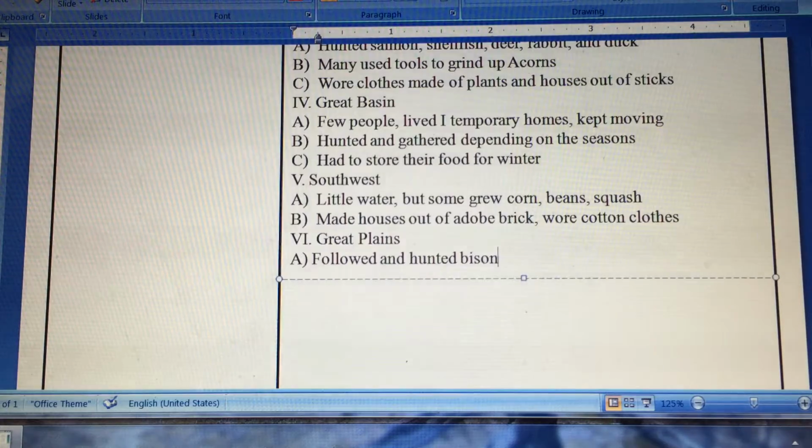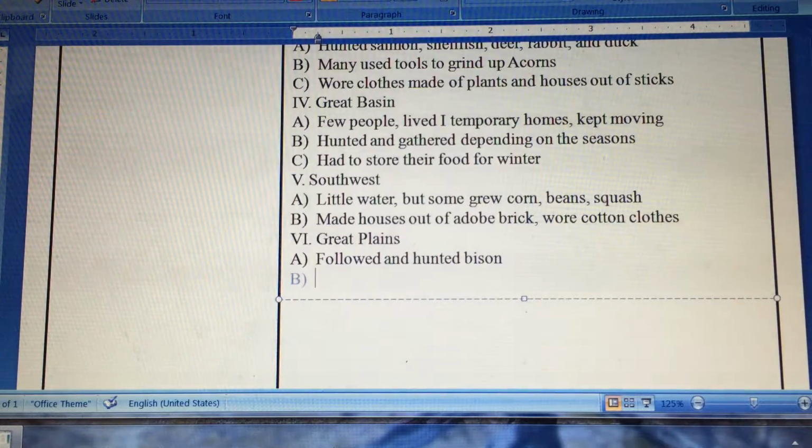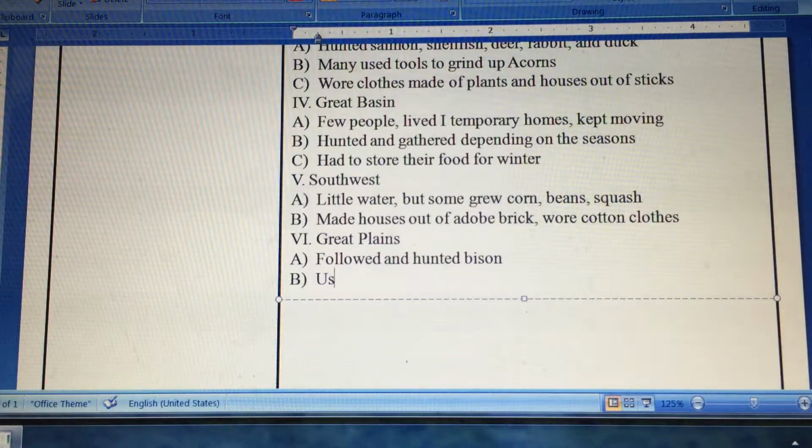So for the Great Plains, they followed and hunted bison. They would use spears at this time. They'd have to sneak up on them and wait for the bison. Sometimes they would scare them off of a cliff, and the bison would run off the cliff, fall off the cliff, and die. And they could use spears to finish off the ones that didn't quite die. But they used all parts of the bison